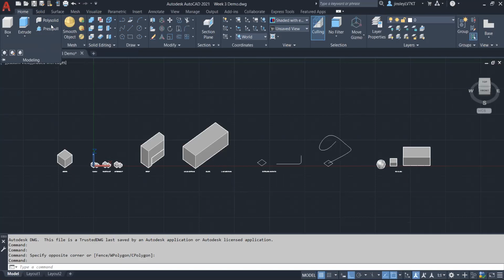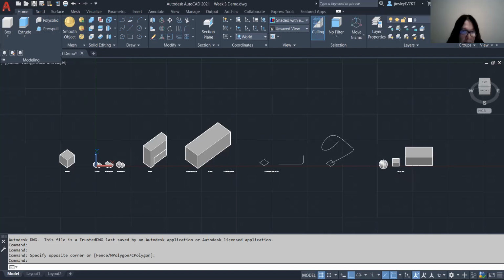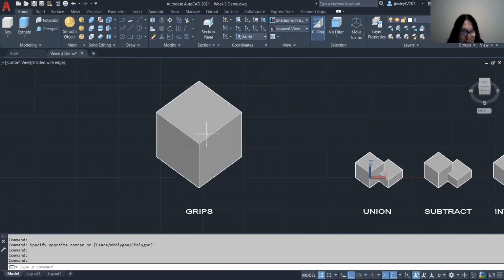And the reason for that is because the more and more advanced our software is getting, whether it's AutoCAD or Revit or Rhino or 3D Studio, even SketchUp, the less and less surface and mesh modeling we are doing. So the difference between them is that when we look at a solid, such as this cube that we have, when it is being,